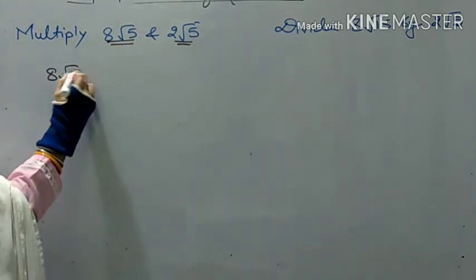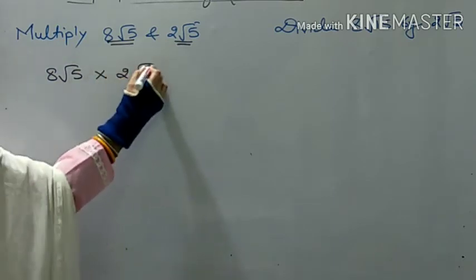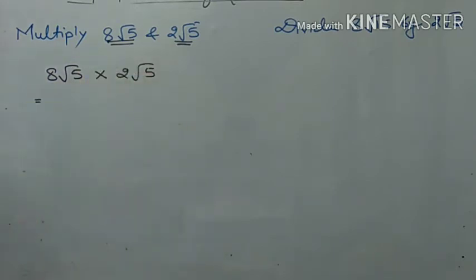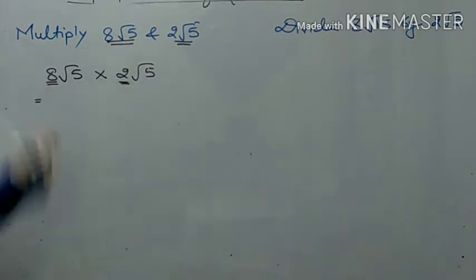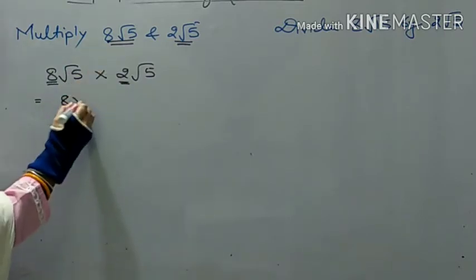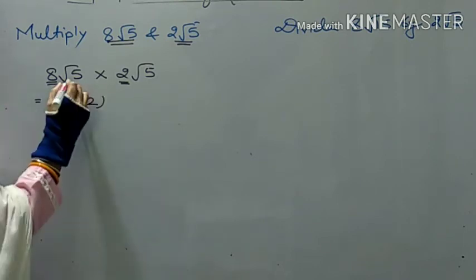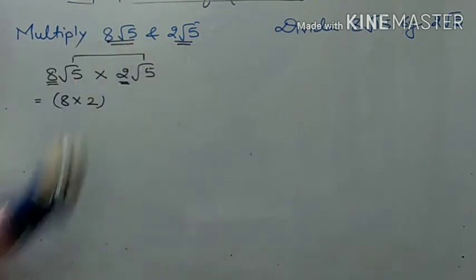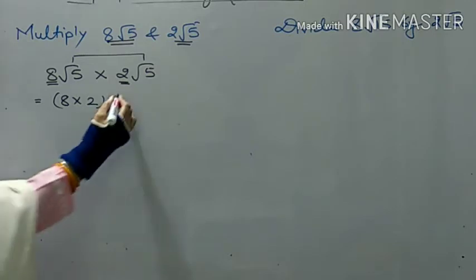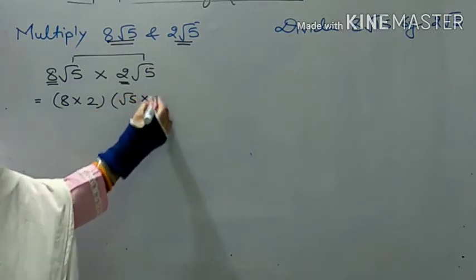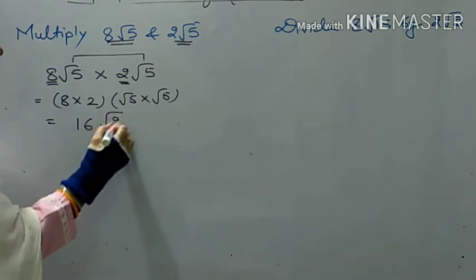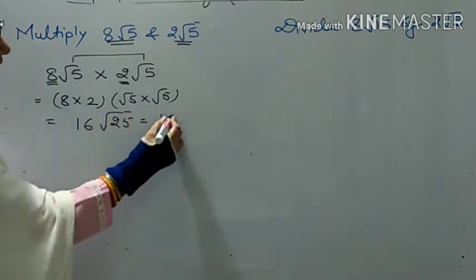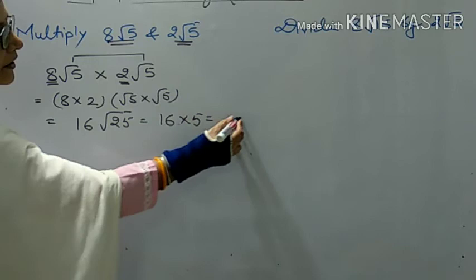So this will be 8 root 5 multiplied by 2 root 5. In the multiplication, what is the rule? We have to multiply rational part with the rational part. So what is 8 into 2? And we have to multiply the irrational part with the irrational part. So it will be root 5 into root 5. So what is our answer? 16. What is root 5 into root 5? It is root 25, means 16 into 5,